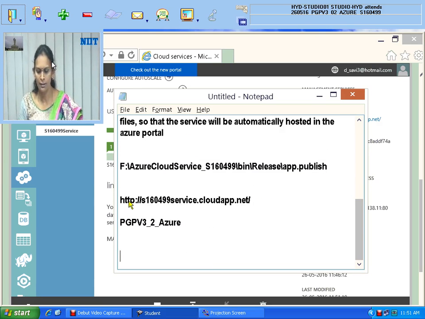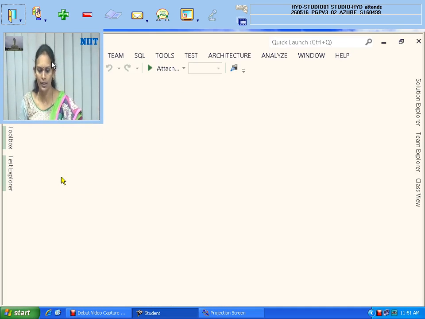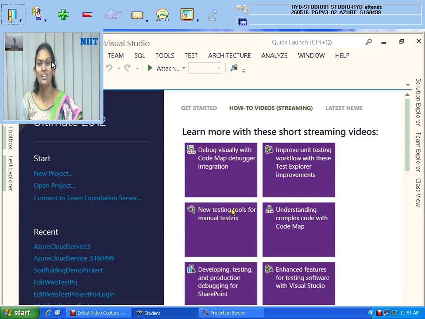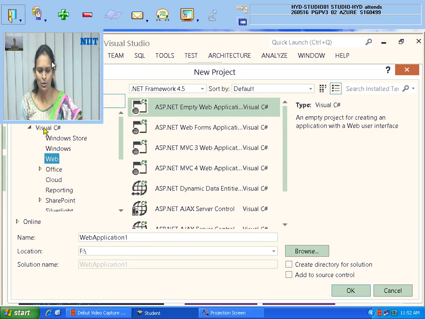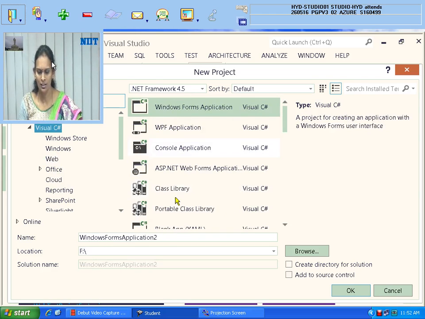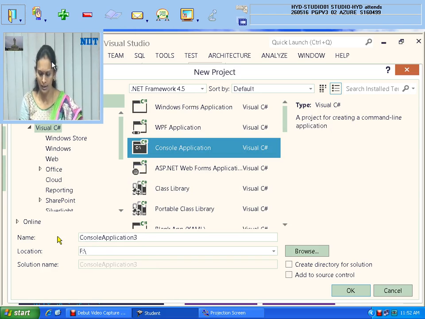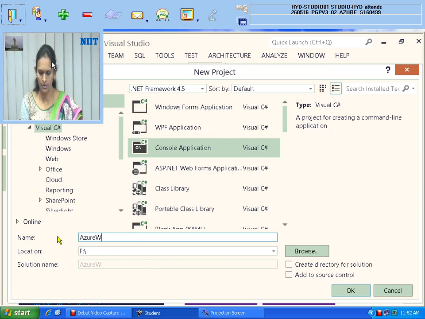So, okay, this is the one. Now I'm creating a client application where I want to show you how you can access it. So one more Visual Studio I'm opening, and I'm clicking on new project. I'm creating a console application. Console or Windows or web, anywhere you can access. So I'm taking a console application. What will I write? Azure CF client. It's a client application from where you are trying to access. So I gave Azure CF client as the application name for your console application. Now I'm clicking on OK.